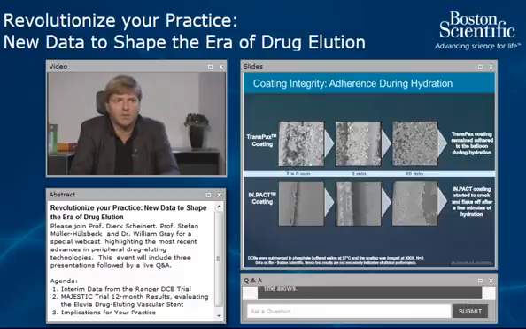Well, these are some preclinical tests which were done with the coating, also comparing the device with other devices on the market. You can see here that this hydration test basically resembles what happens during the transit of the device to the lesion. Importantly, it was shown that the Transpex coating remained fully adherent to the balloon during the hydration. So it basically shows that really only very minimal drug can be lost during the transit to the